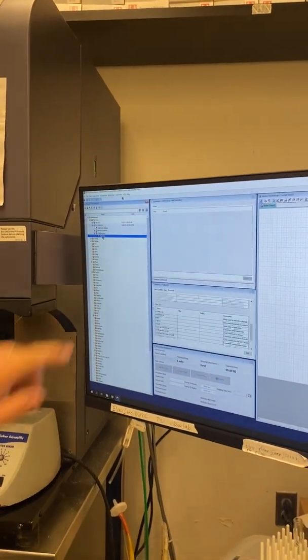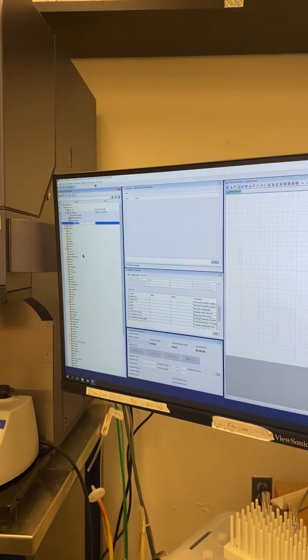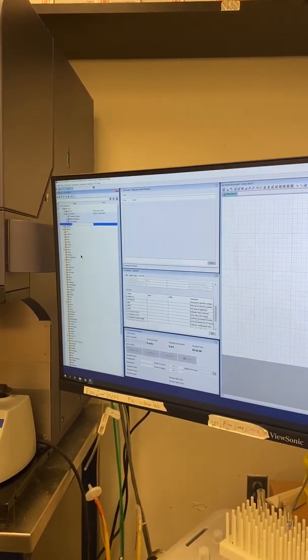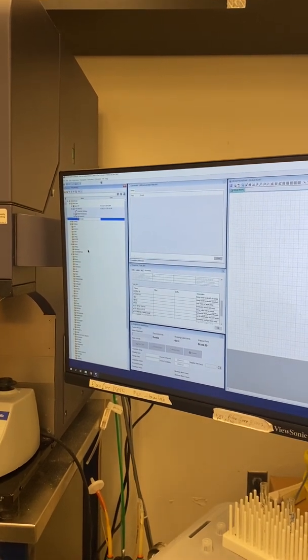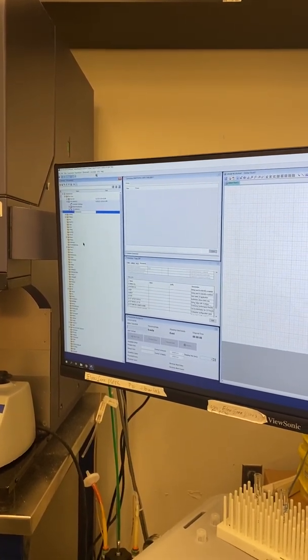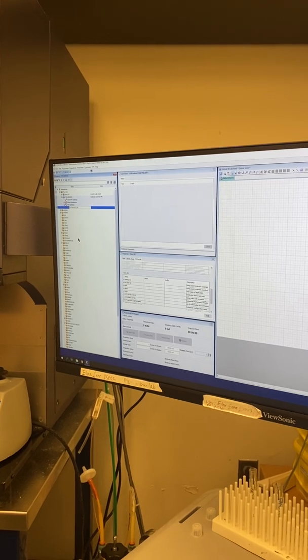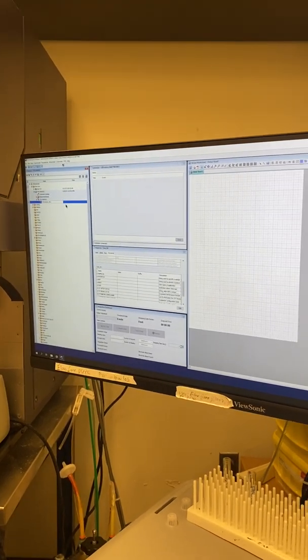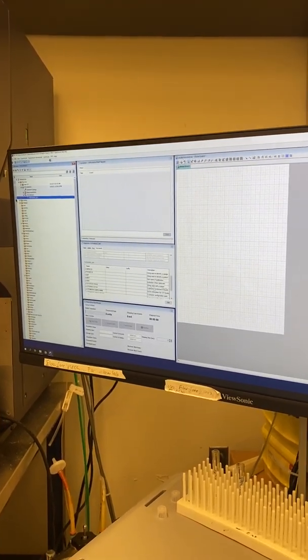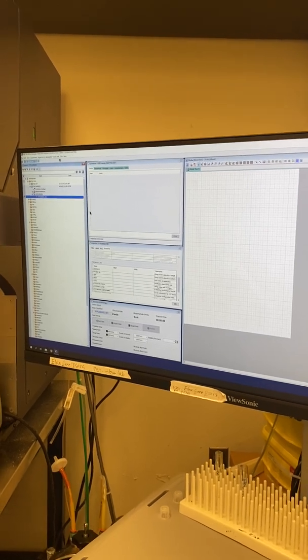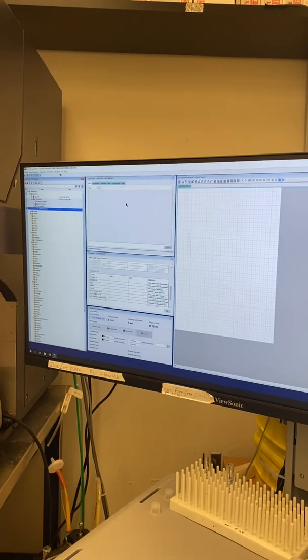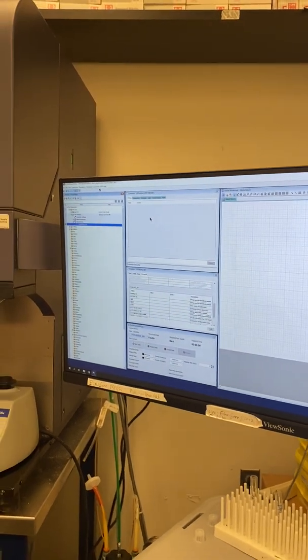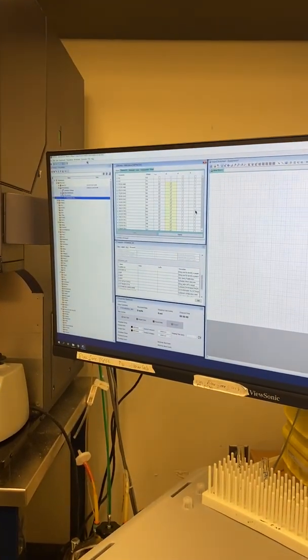There's a tube name, right click, rename, F1 FL, this time 063022, and then underscore 001. This is how the Flow Lab keeps track of your files, so that we don't delete them or lose track of them, and it's easier to find when the user comes back and says, I need the data from, say,